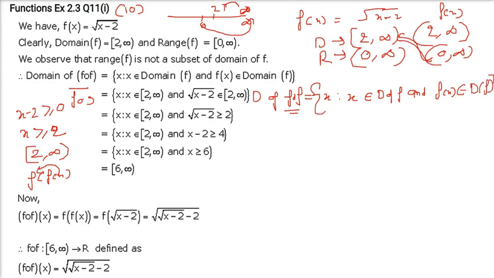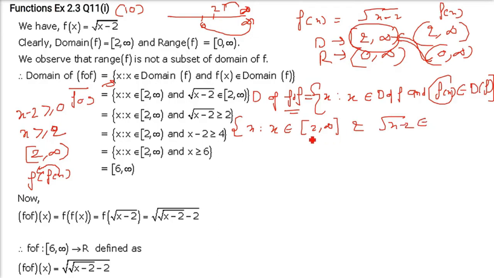So now this same line I have written here in short. X is such that x belongs to, now what is the domain of f? We just found out the domain of f is 2 to infinity. 2 is inclusive, infinity should be round. Now f(x) is under root x minus 2. This belongs to the domain of f, again 2 to infinity, 2 inclusive, infinity not inclusive. Now take the second part. Please remember, and means proper and. X should belong to both of these. So x minus 2 belongs to 2 to infinity.